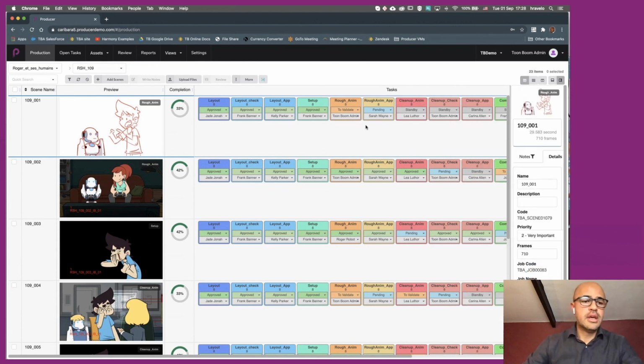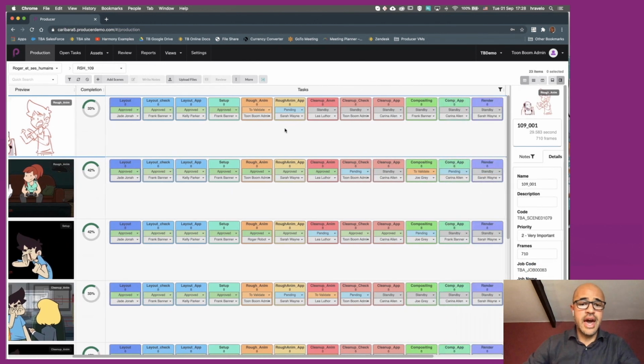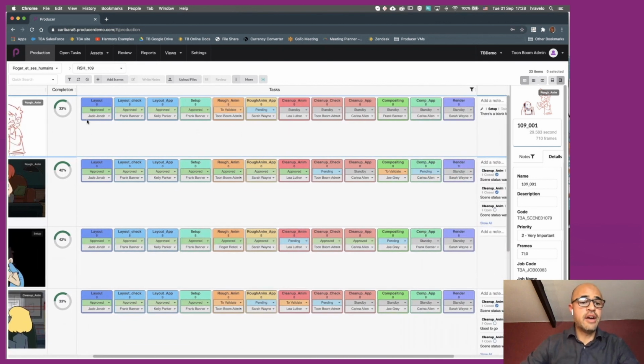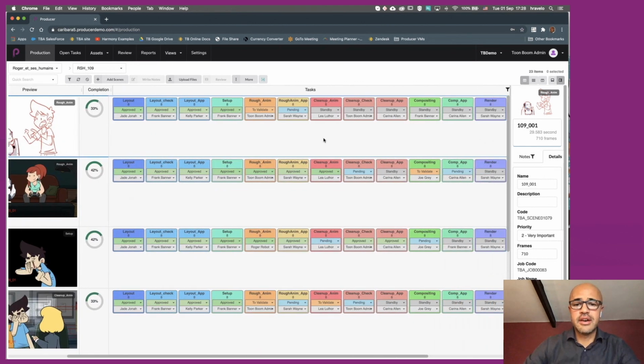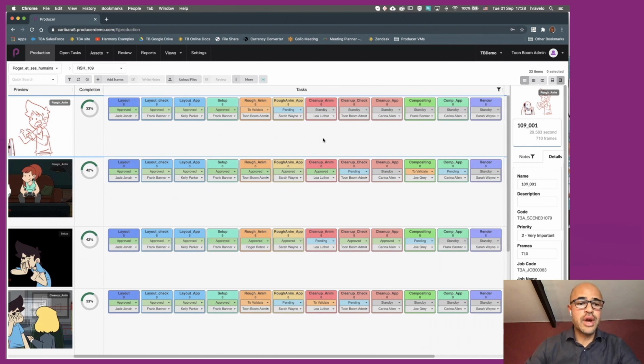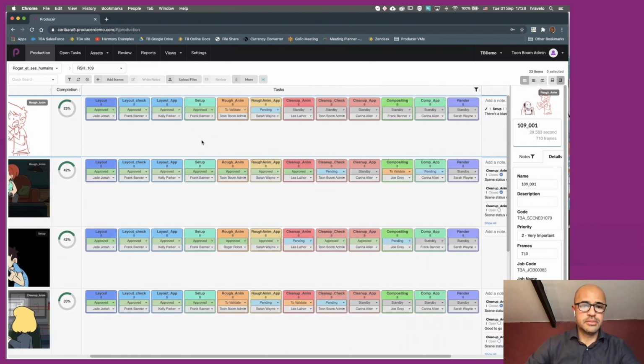In here, you can have a look at the actual tasks that have been created to follow this specific production. This is completely customizable. You can create your own workflow according to the way you would like to work. In fact, let's have a look at where we can create and customize the workflows before we carry on.